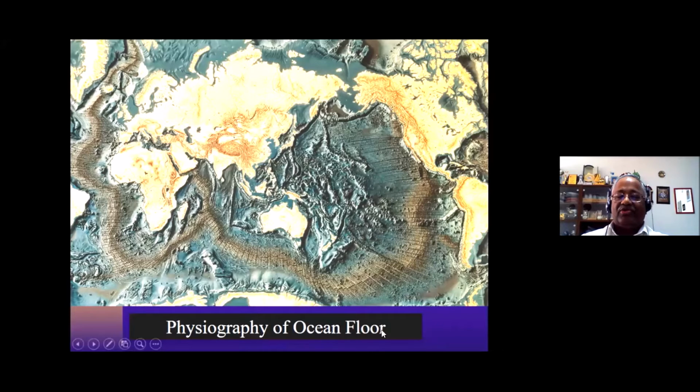So for the physiography of the ocean, you have to know the whole earth plate. Earth is made up of a few plates, and the plates are slowly moving from each other. You see, this is one plate. They move, and this is another plate. They keep moving. Earth is like a ball covered with a few plates, but the plates are not fully stationary because the magma is dynamic. Magma keeps on moving. It applies force on the plate to move.